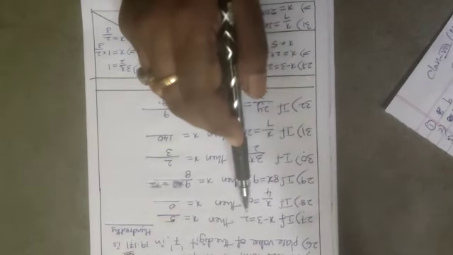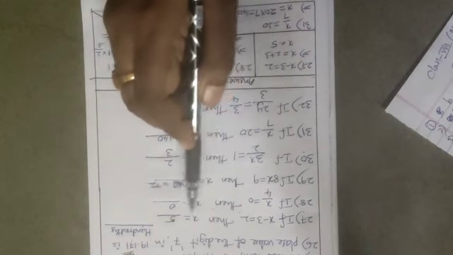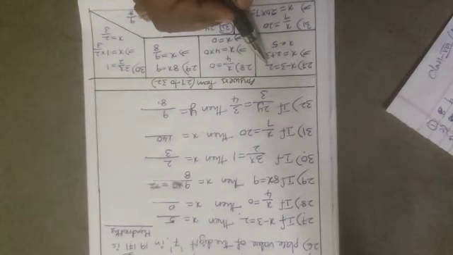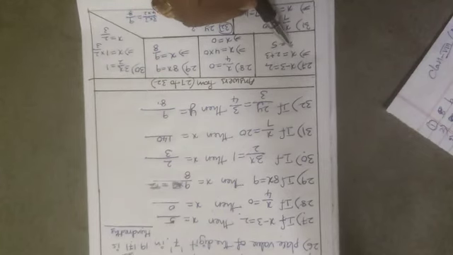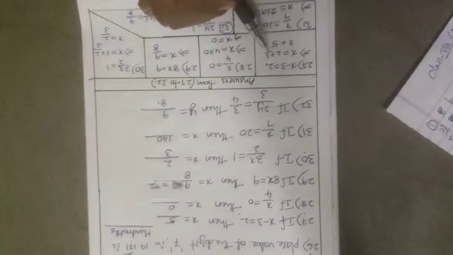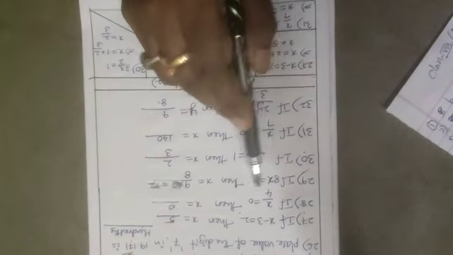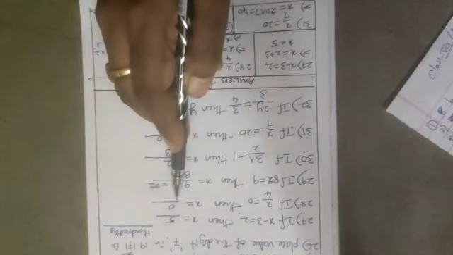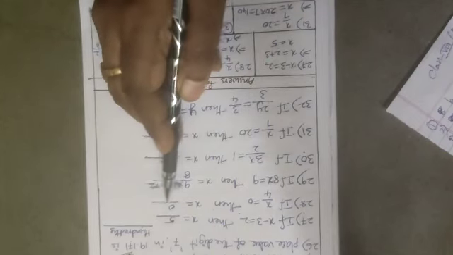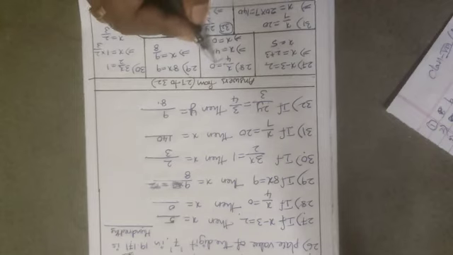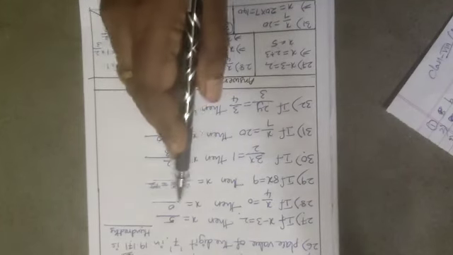Now, see, children, I gave here explanation of all these problems from 27 to 32, children. 27: if x minus 3 equals 2, then what is the value of x? We got 5. How did we get 5? X minus 3 equals 2, so minus 3 changes to plus 3: 2 plus 3 is 5. So x is 5. If x by 4 equals 0, then x equals how much? We got 0. X equals 0 into 4, and 0 into 4 is 0. So the value of x is 0.